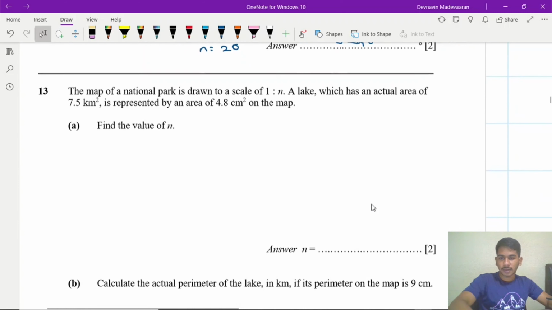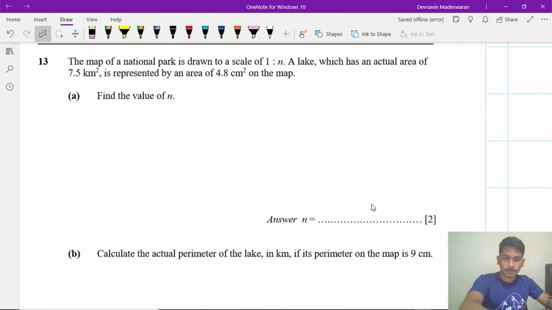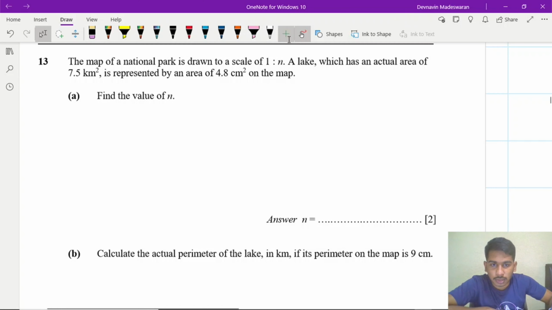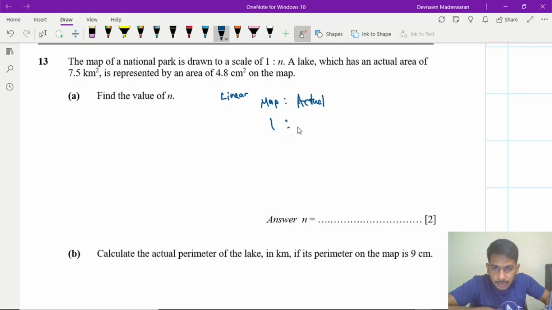The map of a national park is drawn to scale of 1:n. A lake which has an area of 7.5 km square is represented by an area of 4.8 on a map. So we have linear: map is to actual, it's like 1:n. And then in area scale,